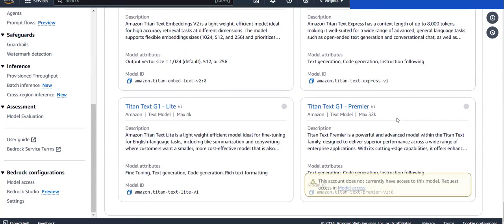Now let's say I want to access this premium model. Currently, if I point here, I get the message: this account does not currently have access to this model. Request access in model access. That means currently we do not have access to this model. After you get the access, then you can access this model by using the model ID that is visible here. You can see by using this model ID, you can access your model. So let's